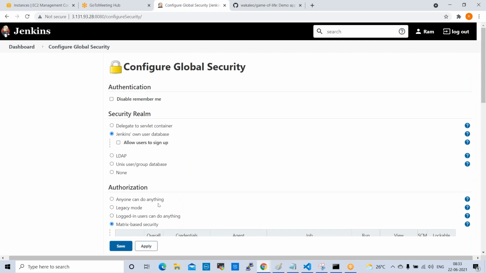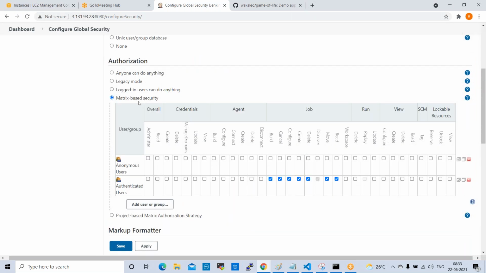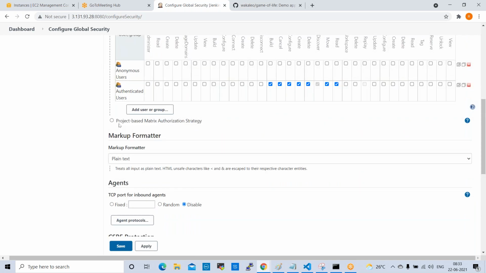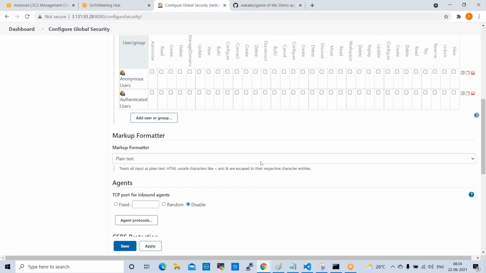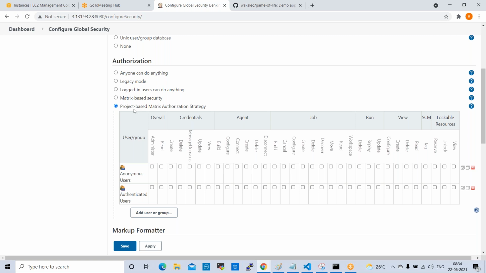Okay. So this is matrix based security, and we have one more plugin which is project based matrix authorization strategy. So both are same. I'll show you this one also. Click on this. So now this is project based matrix authorization strategy. In this also we have the same roles available.